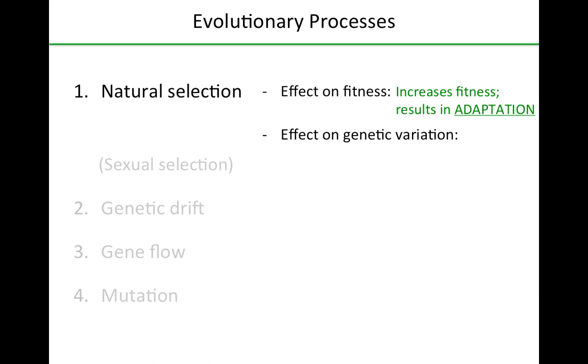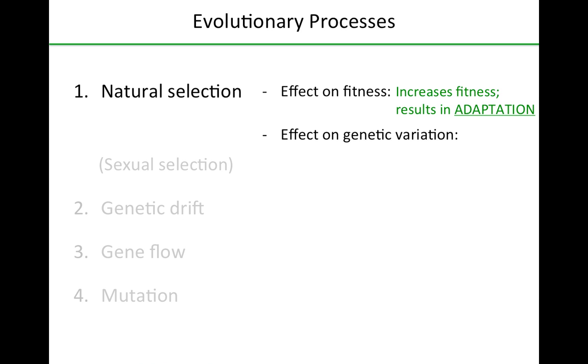Because natural selection is favoring individuals with high fitness, in the next generation we expect to see individuals that are more adapted to their environment. Okay, so natural selection is the only one of the evolutionary processes that we'll talk about where this is true, and it's the only one of the processes that results in adaptation,